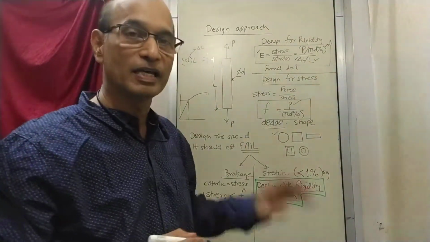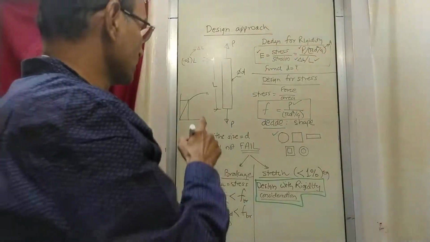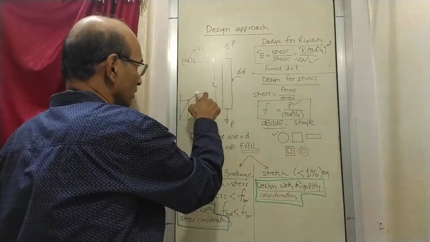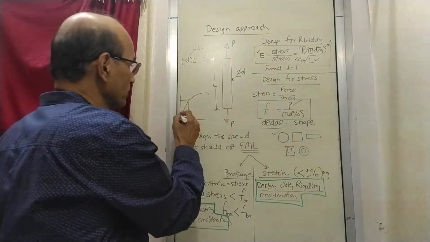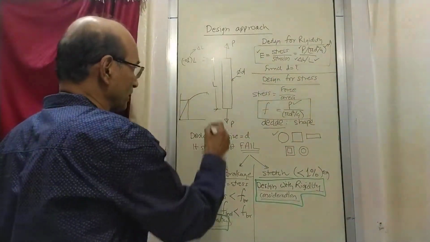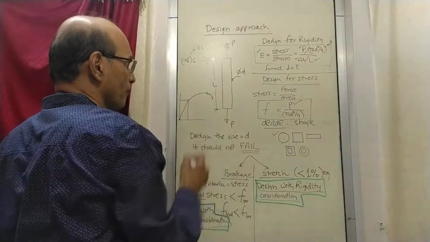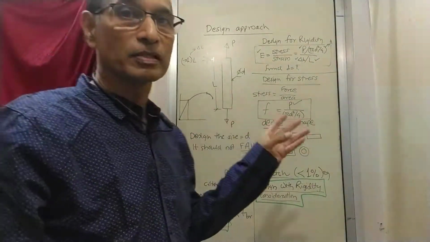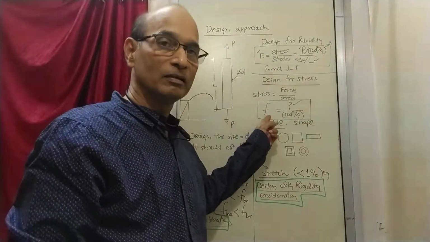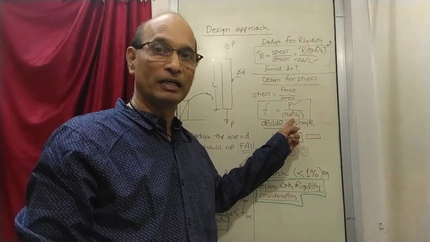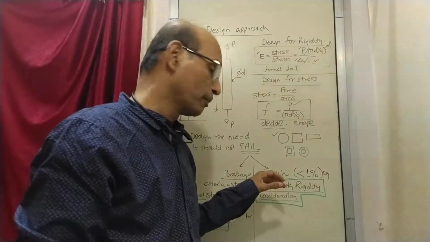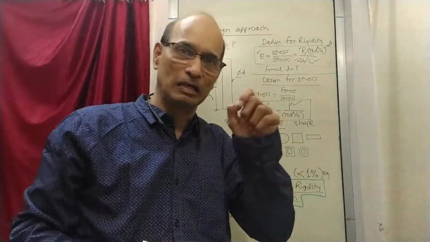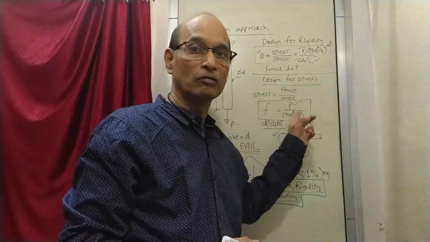Now what is the stress here? Now here what is the stress means? You have to think about this graph of stress versus strain. Now which value of stress are you going to take? If you take the breakage value which is here, then the diameter you select will be just at the verge of breaking. So any small error in the size will result in breakage.